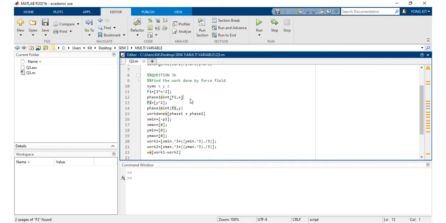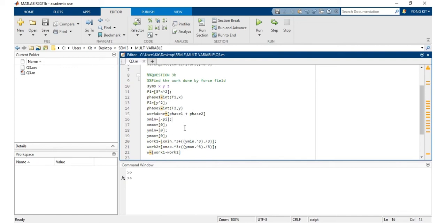For F1, I save it in phase 1 to do the integration of F1 with respect to x, and then for phase 2 we need to integrate F2 with respect to y. After that, the work done, I save it in work done. Actually you can put any variable that you want, so too easy for me, I put work done is equal to phase 1 plus phase 2,